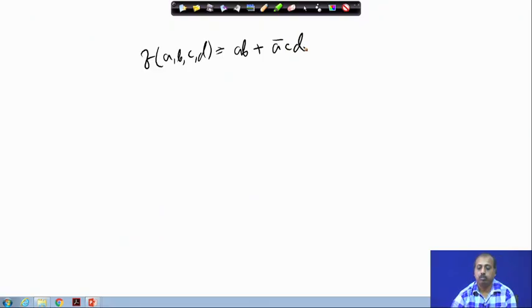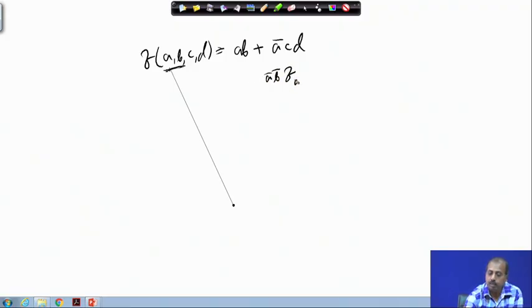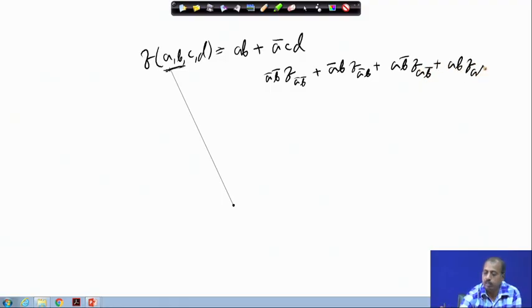So, if we want to realize it using say a 4:1 multiplexer, then we have to first choose the select variables. So, let us say that we will be using a b as the select variables. Then I have to decompose around a b. So, I have to write it as a bar b bar f(a bar b bar) plus a bar b f(a bar b) plus a b bar f(a b bar) plus a b f(a b),